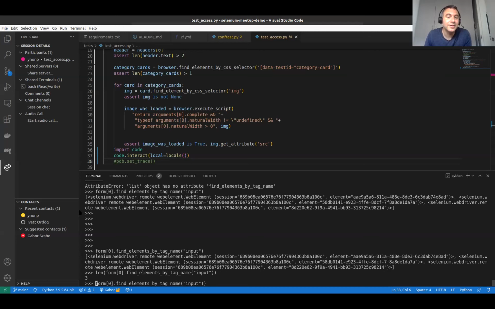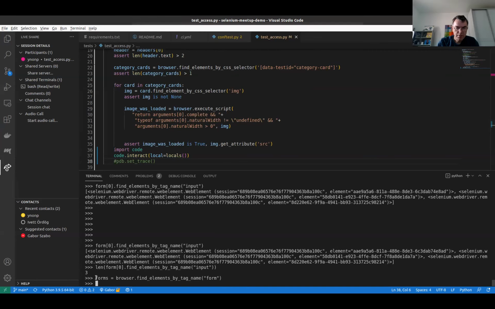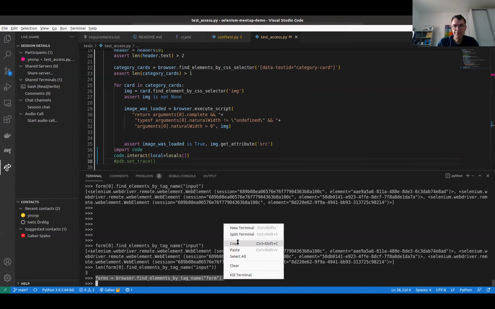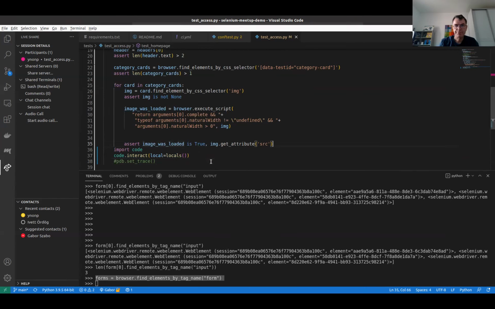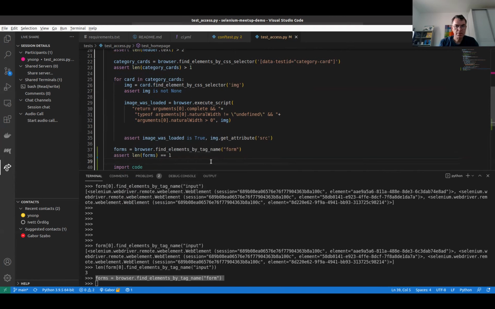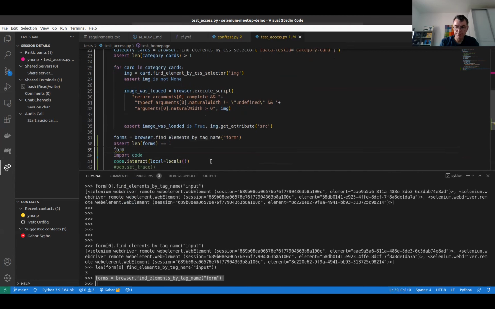So form 0, find element. First of all, let me just fix this one. So this is forms. Assert len forms equal to 1, and then forms 0, just to make it easier.